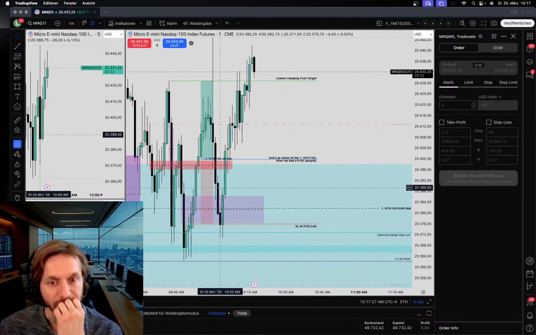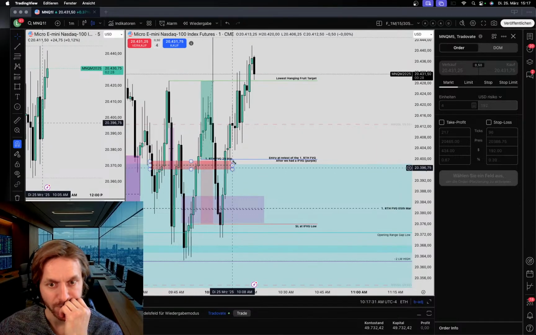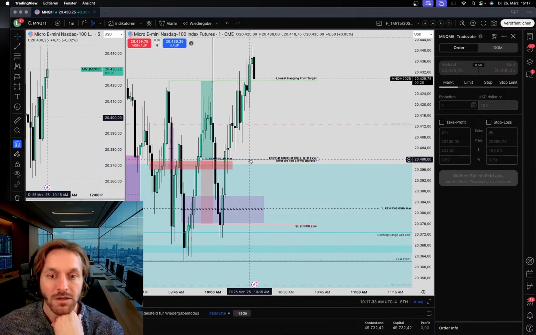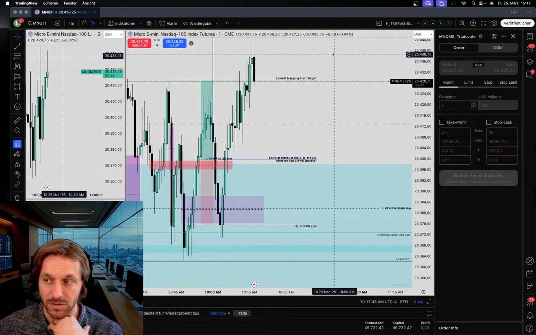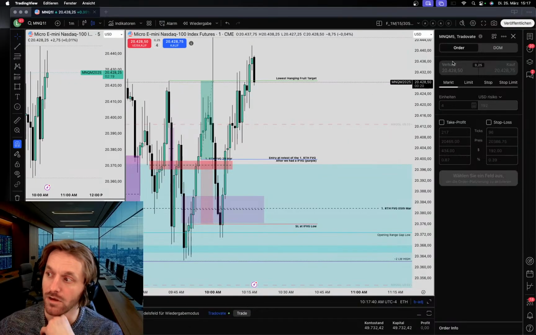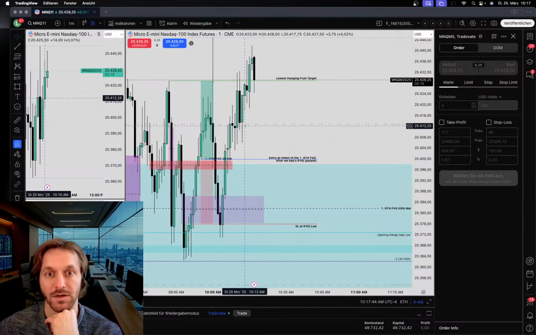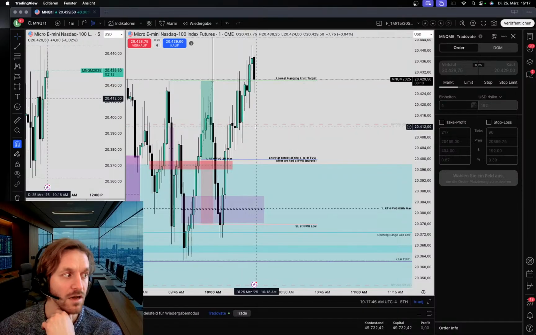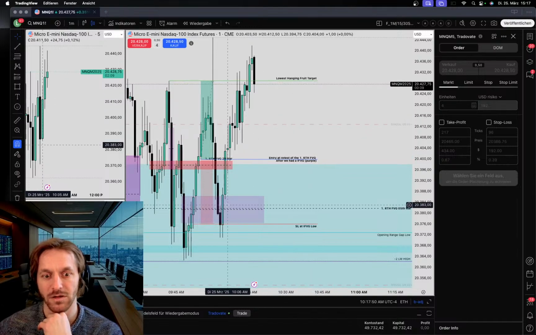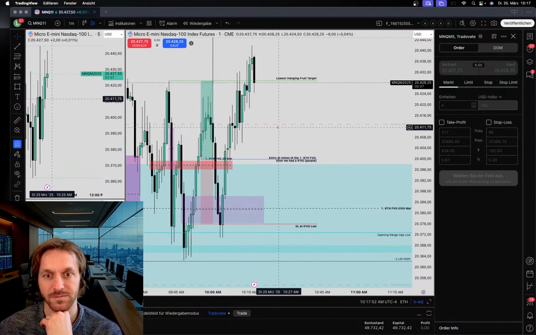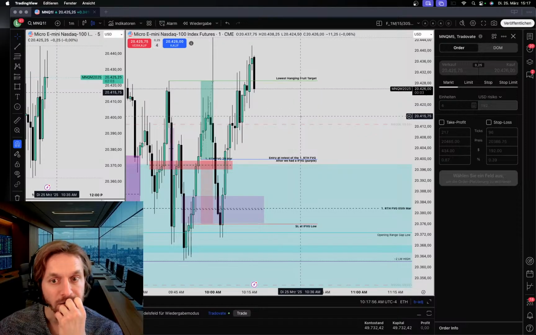So market is in fact very, very bullish here. We have an inversion here to the upside. So I really do not think that we should go below it, at least until we took out the high on 20,500. I just can't imagine that we will go below this level. Let's see.